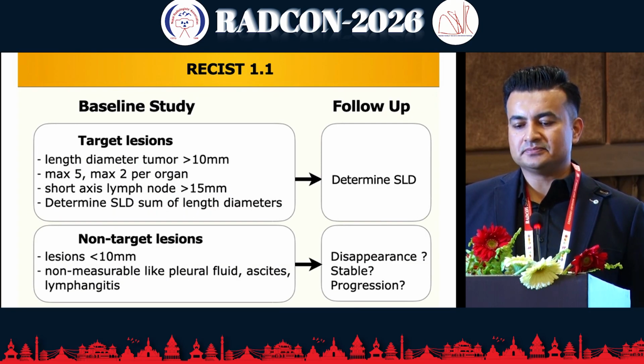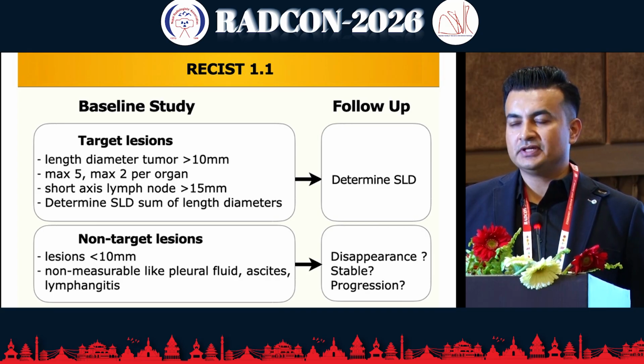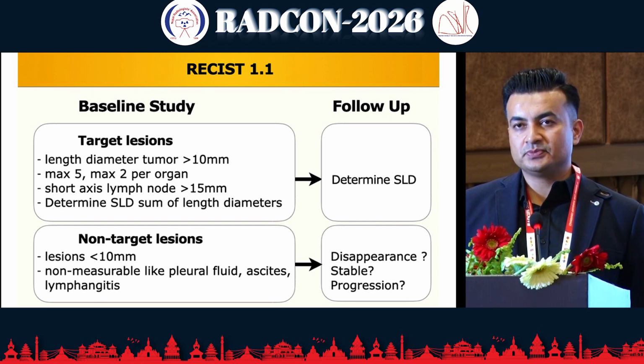So we take a maximum of 5 lesions, and a maximum of 2 lesions per organ. The longest diameter should be more than 10 mm, and we add them up. We add all the lesions. For lymph nodes, the short axis should be at least 15 mm. For a lesion, the size should be more than 10 mm; for lymph nodes, 15 mm. If the tumor fragments over a period, we individually add up the lesions and then compare with the